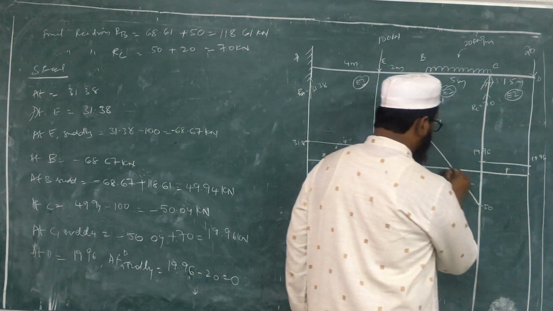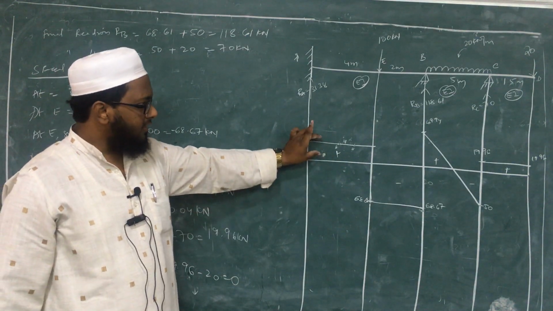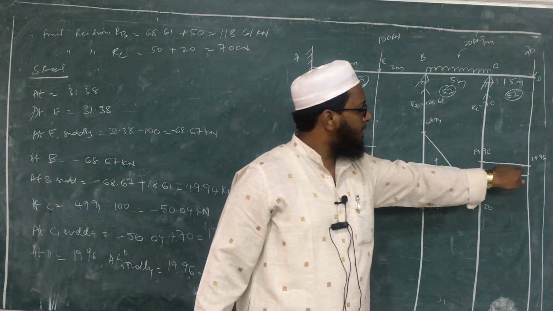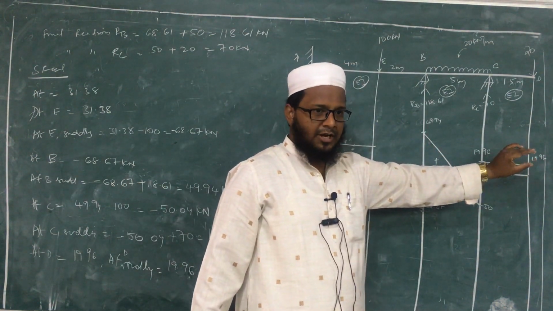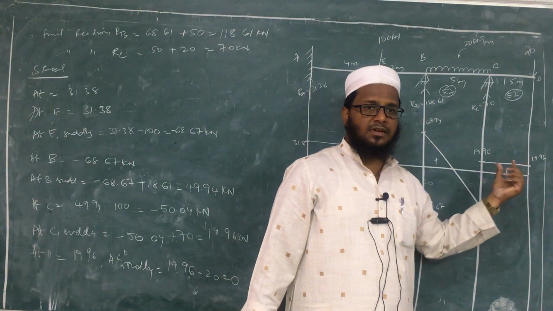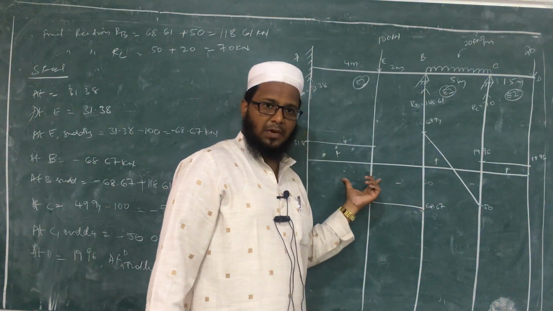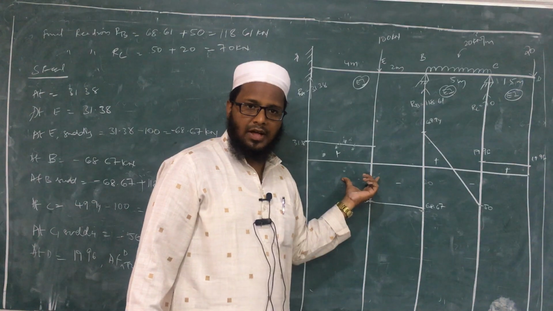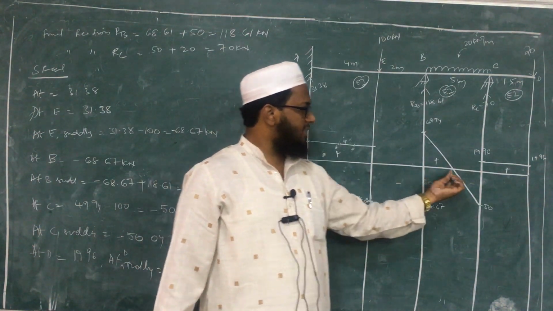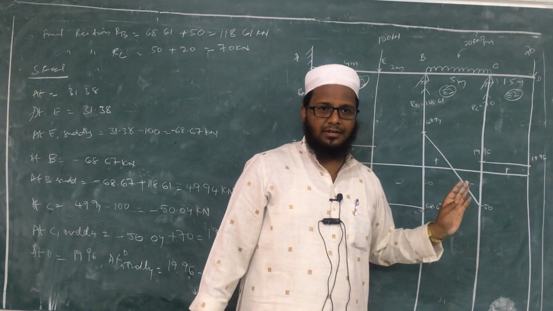So this is plus, minus, plus, minus, plus. So if you see this beam here, the shear force is maximum at this portion, isn't it? Then at this particular portion, shear force is very less. So that means in the cantilever portion, we can increase the spacing of rebars, whereas in these parts, especially in this part, we need to provide more rings or shear reinforcement for this one. Okay. So here, at some certain distance at center, it is becoming 0. That means we do not need rings there.